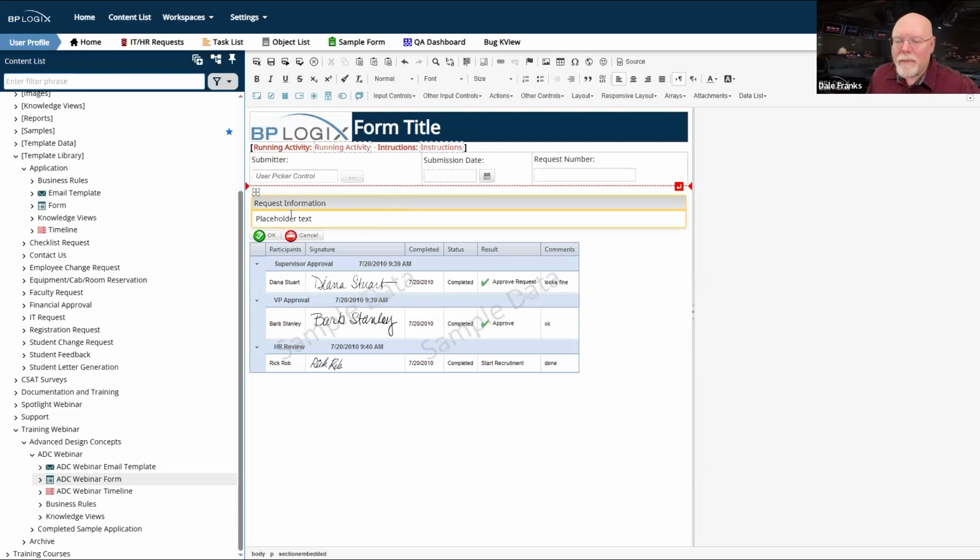So, the ability to collapse and expand a form without affecting the actual existence of those controls, because they still exist. They're just in a section that you are hiding. And that is different than setting a control to be hidden on the form, because all of this data actually exists on the form that's in here. All you're doing is just collapsing it to condense the size of the form on the screen, which is often quite useful.